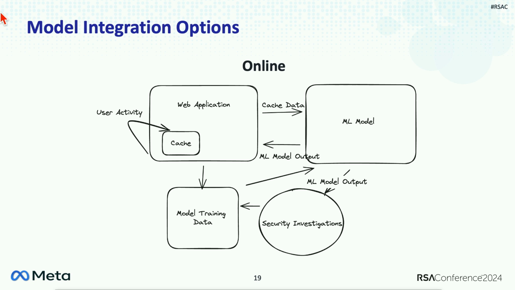So usually in this particular example, we're dealing with a web application, but we have to have some sort of way that we are logging and actively aggregating that user activity, and so that's usually done through a cache. So that way we can send that cached data to the model in order to run those inference events. Then the model can respond with the output, and the application or infrastructure can do as it wants.